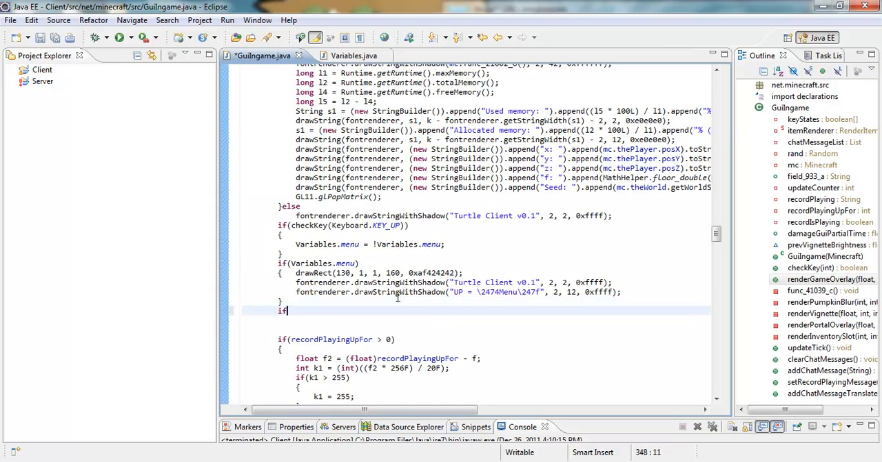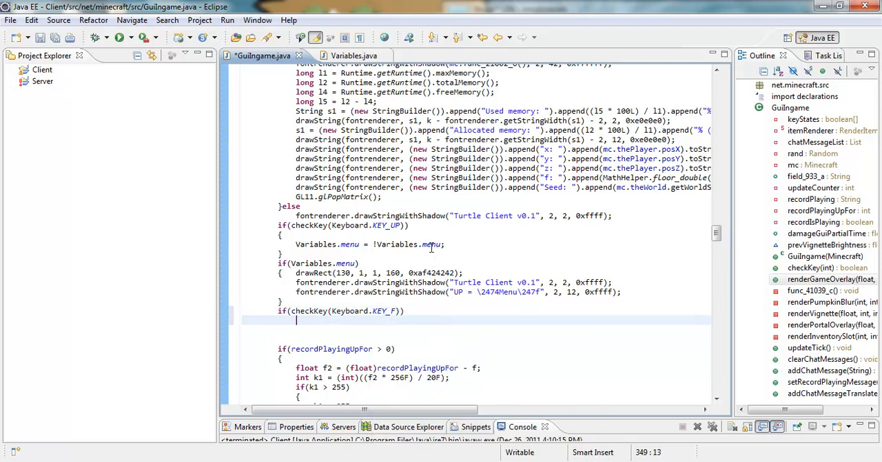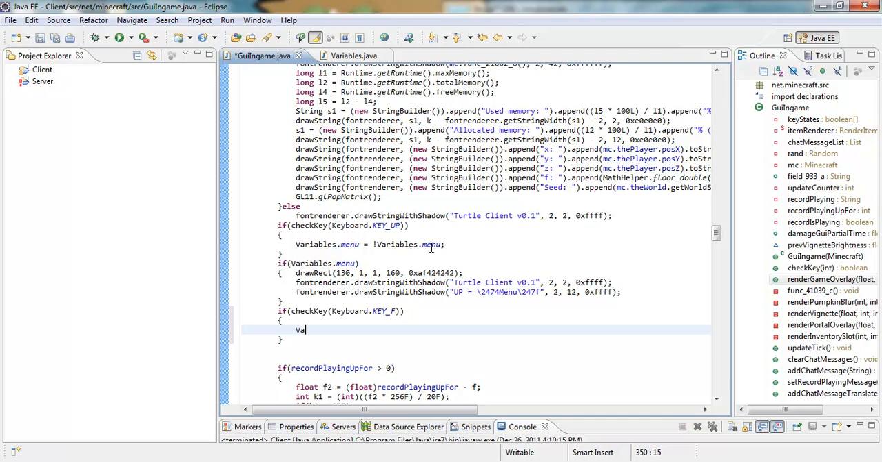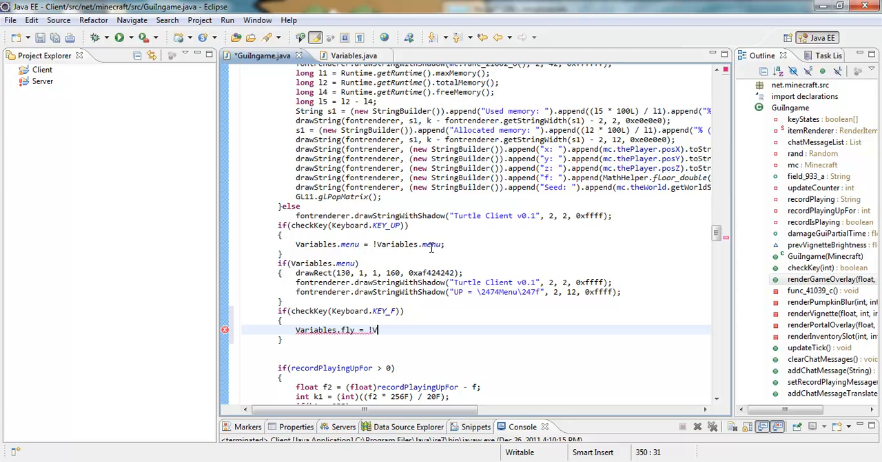So if check key, it's pretty much the same thing as this. So if check key keyboard dot key underscore, and for fly we want F. You can have whatever you want though. This is just my preference. And we want that to toggle the fly equals variables dot fly,